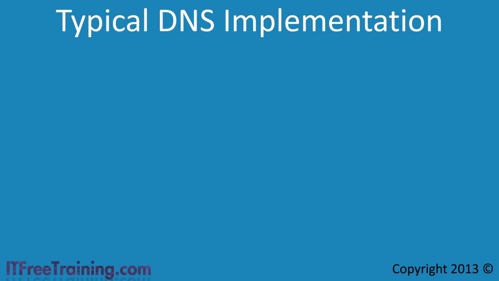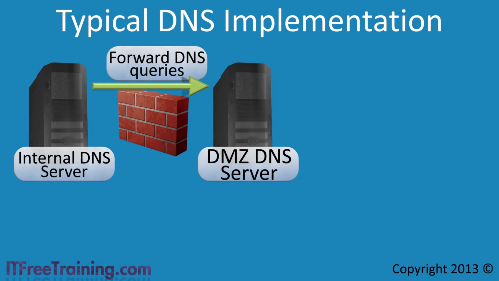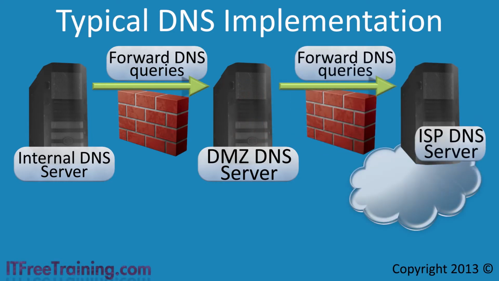In this case, you have an internal DNS server. This DNS server forwards DNS queries to a DNS server on a perimeter or DMZ network. This server then forwards DNS queries to the ISP's DNS server. Let's consider what would happen if the DNS server on the DMZ were to become unavailable. If this were to occur, the internal DNS server would attempt to use the root hint server to start the